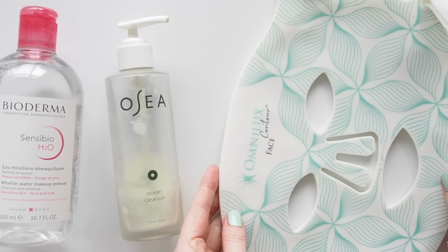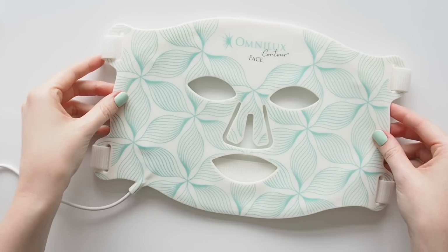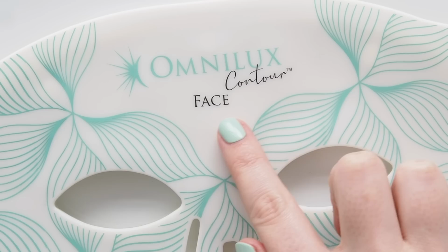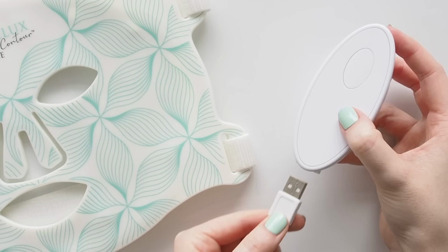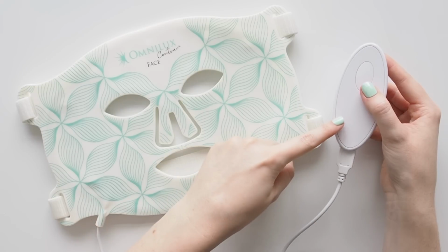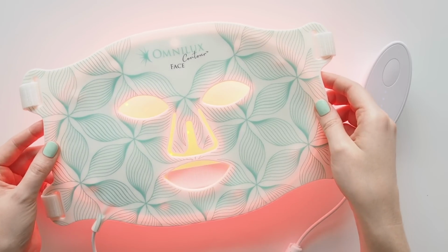I've used it since 2021, but it's become a proper weeknight ritual in recent months. I'd describe the benefits of LED as subtle but substantial, little things that don't look different initially but add up over time, like boosting collagen production and reducing fine lines and redness. Much less redness for me now, that's been my most noticeable difference, and I love having a designated 10 minutes